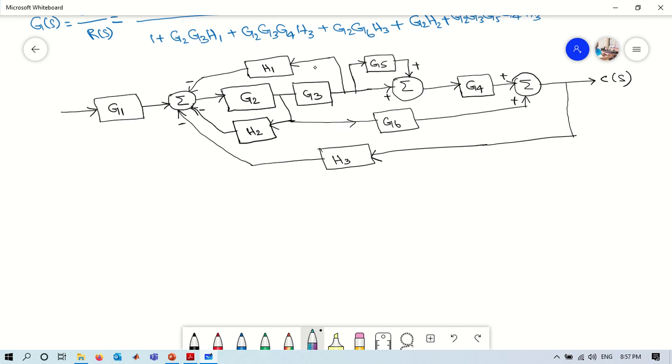And initially there is no series block. We have a parallel block over here, and a minor feedback loop we can simplify by splitting this summing point. Here I can split this into four summing points, since it has four inputs. Let me do it one by one. Again, in my case, this is R of S. This block will not come into the picture at all. Okay, so I have this.